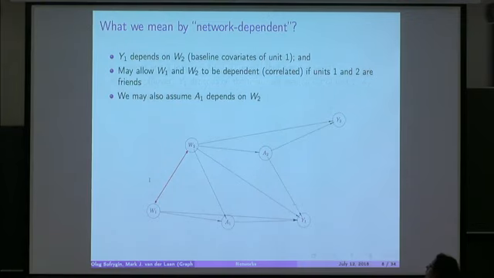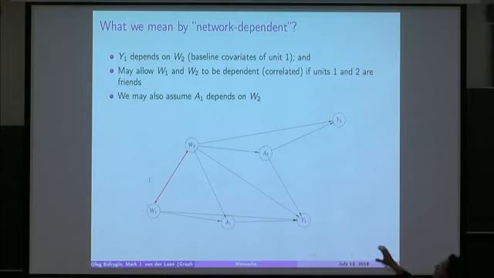Now, let's go further. We can also assume that the baseline covariates of unit 2 have an effect on the outcome of unit 1, and same thing with baseline covariates of unit 2 has an effect on the exposure. And finally, we can also assume that their baseline covariates might be correlated, and we're not specifying the directionality of this correlation. We're just simply saying that they are correlated by drawing a double arrow. So essentially, we drew all possible kinds of dependencies that might occur between 2 units. And of course, if the friendships were symmetrical, if we assume that they're symmetrical, we'll have to draw the arrows in the other direction as well, from unit 1 to unit 2.